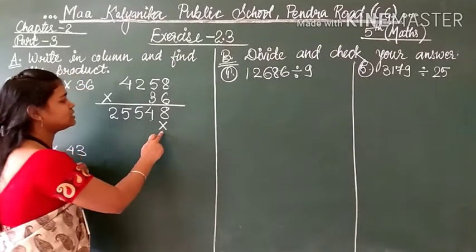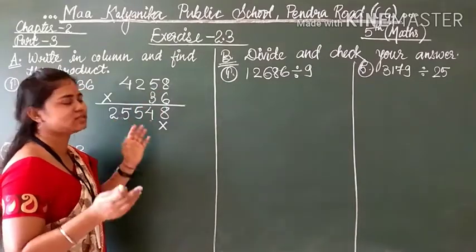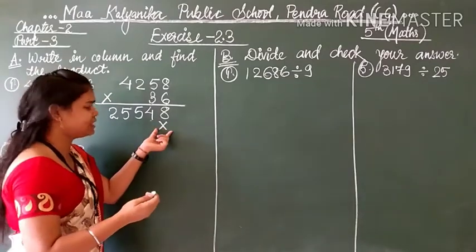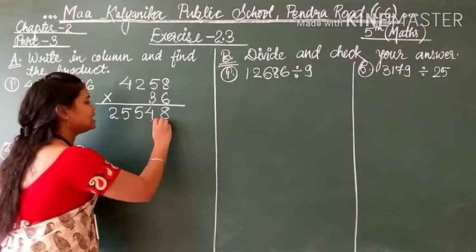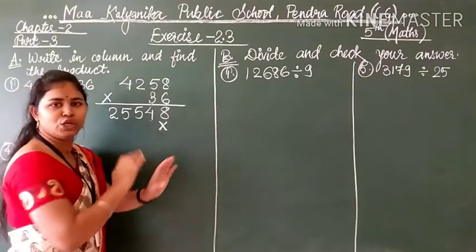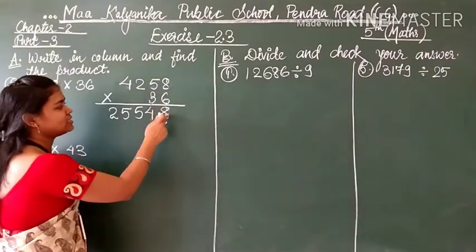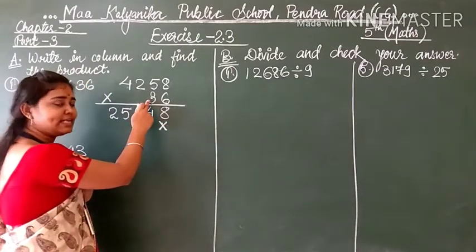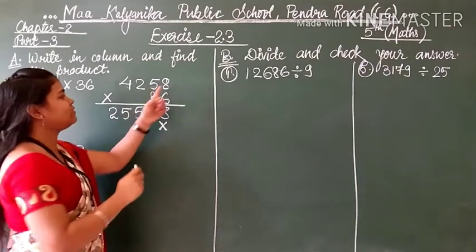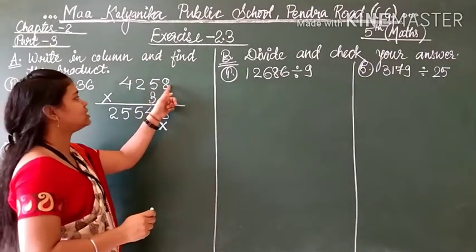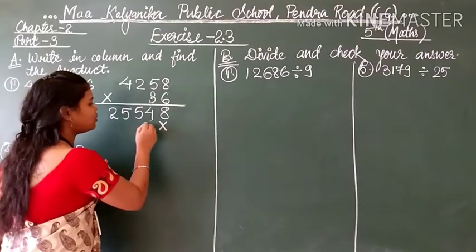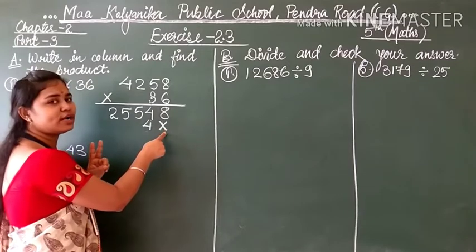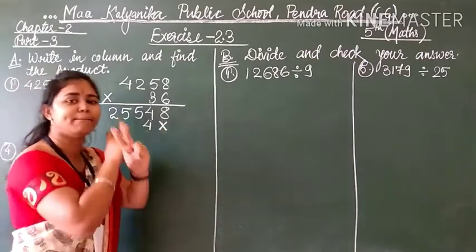Sometimes what happens, if 0 is coming, I am confused. Or you may also be confused in writing whether you have written 0 or something else. That's why it is very easy to put a cross. You don't have to write anything because the one's place is over here. So the one's place you have to leave in multiplying the 10th place. So now 3 8s are 24, 8 3s are 24. 2 carry, 4 here. You have to leave this. Remember, if you will not leave this, the calculation will be completely wrong.